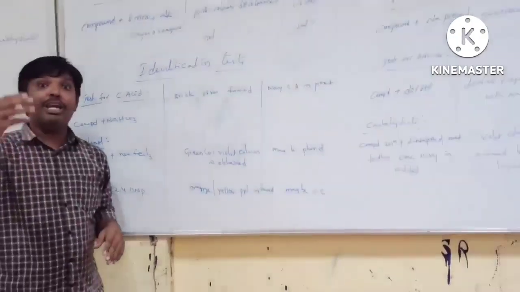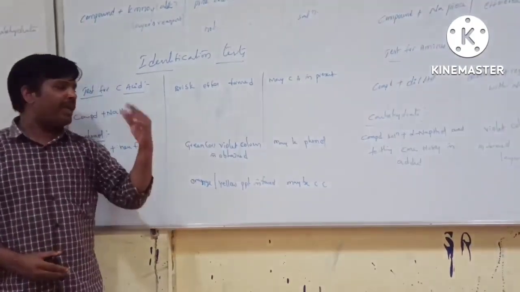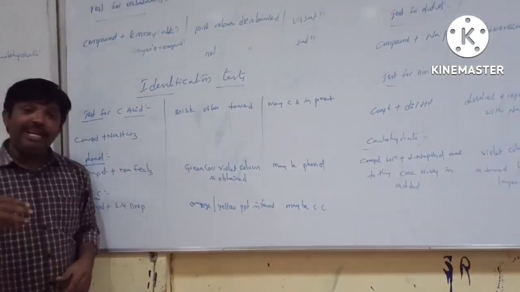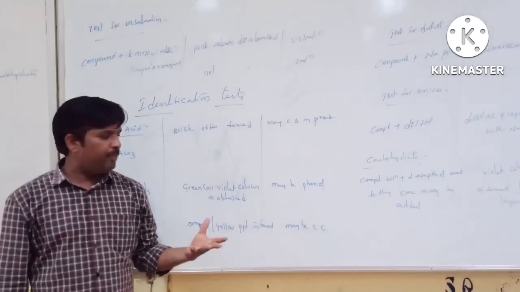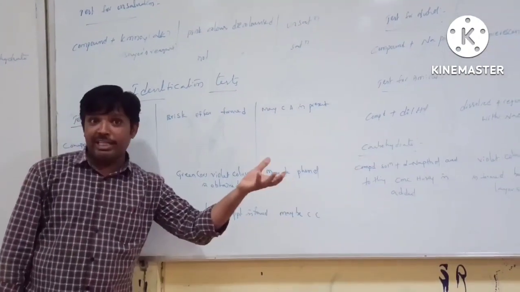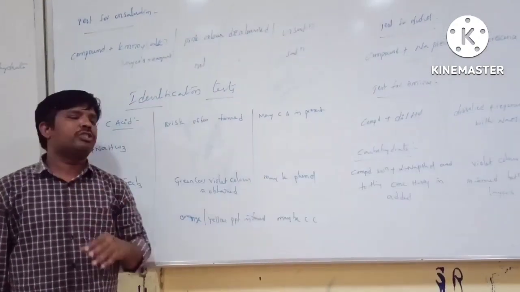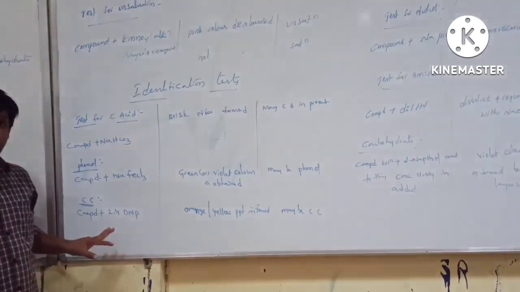Compound plus neutral ferric chloride, FeCl3. If you add neutral ferric chloride, a green or violet color solution is obtained. Then maybe phenol is present. If a green or violet color appears, phenol is present. Then carbonyl compound